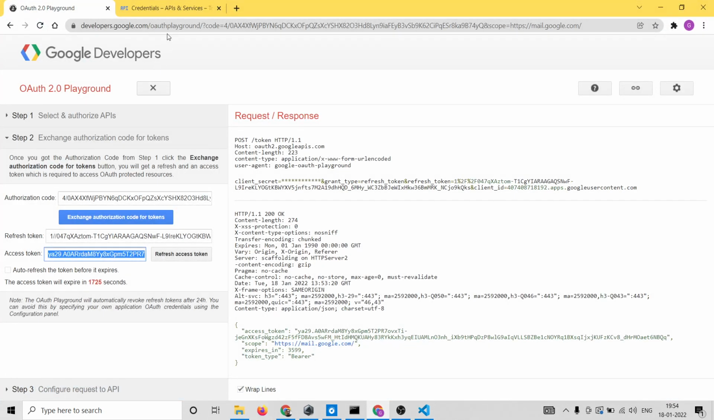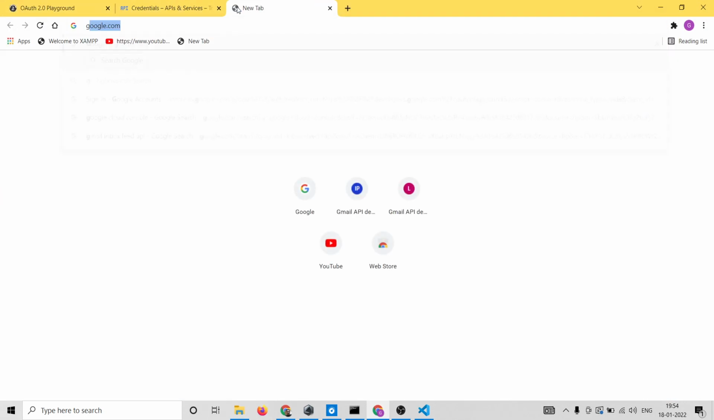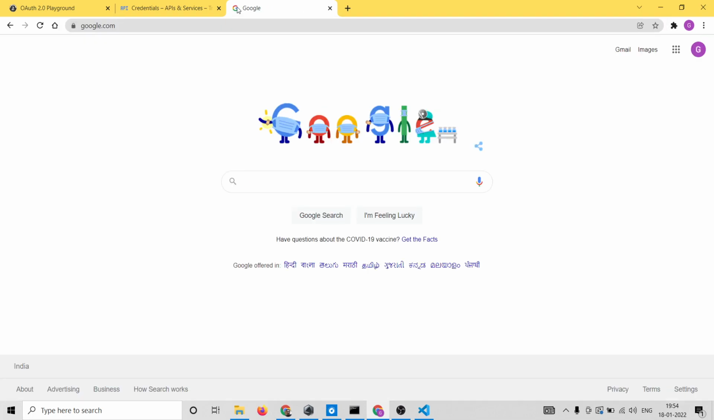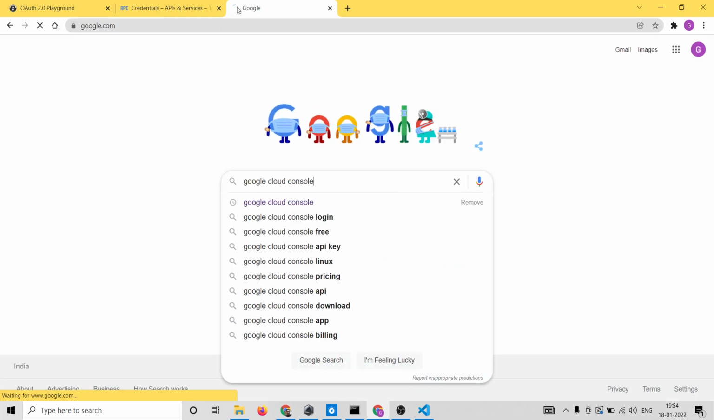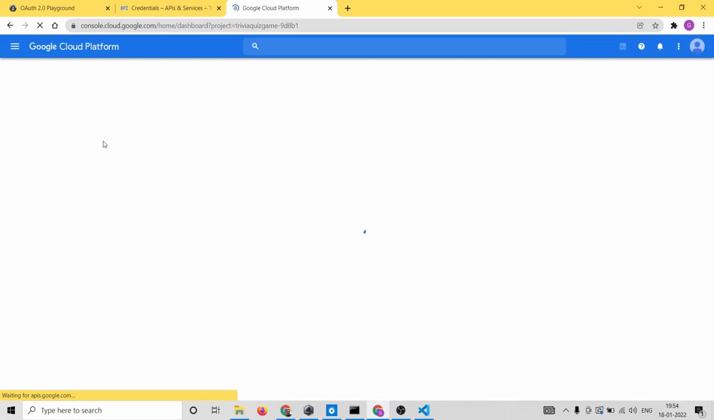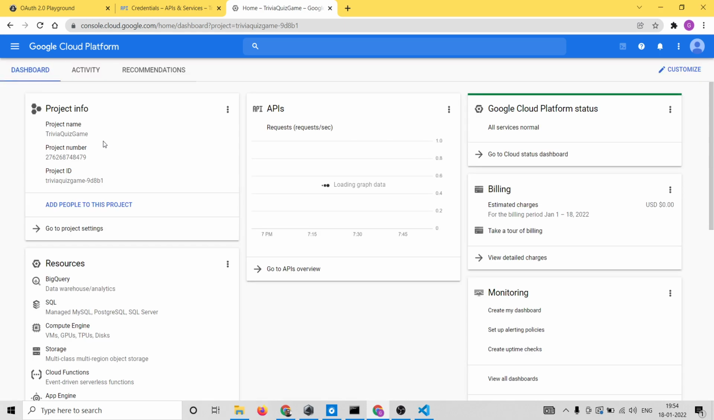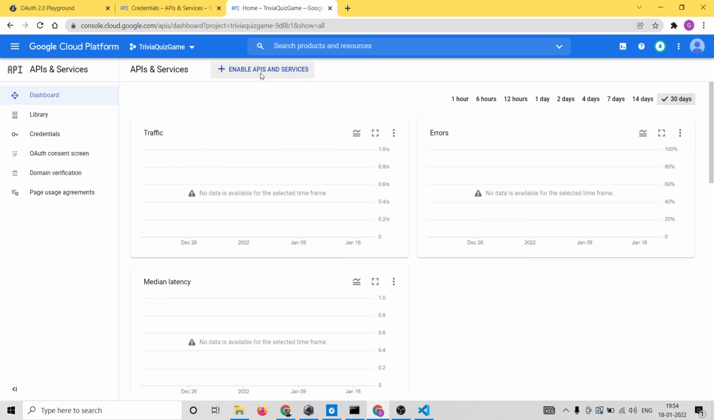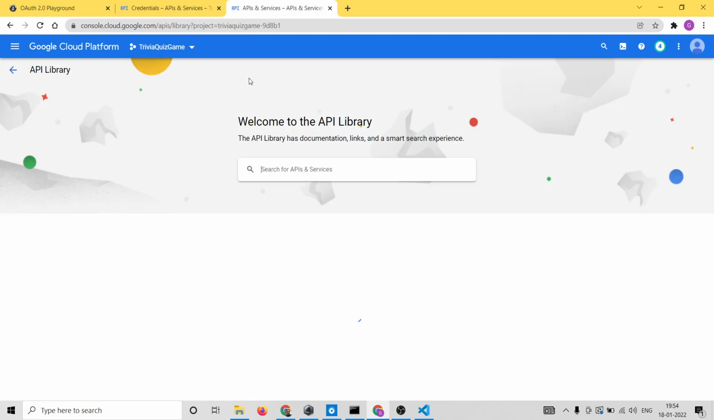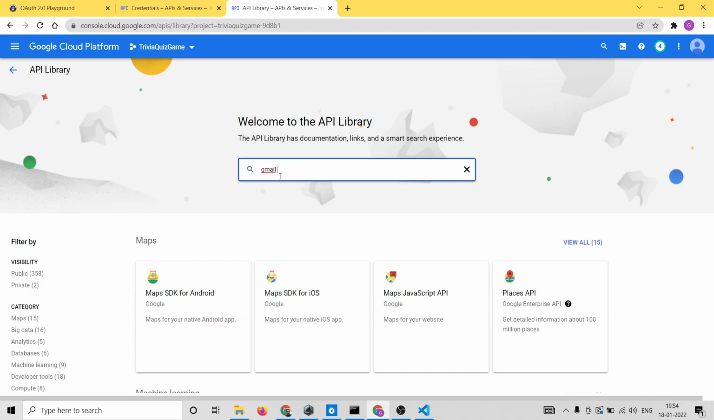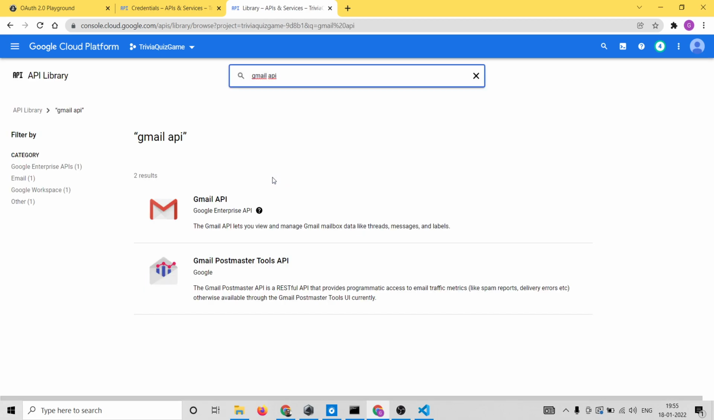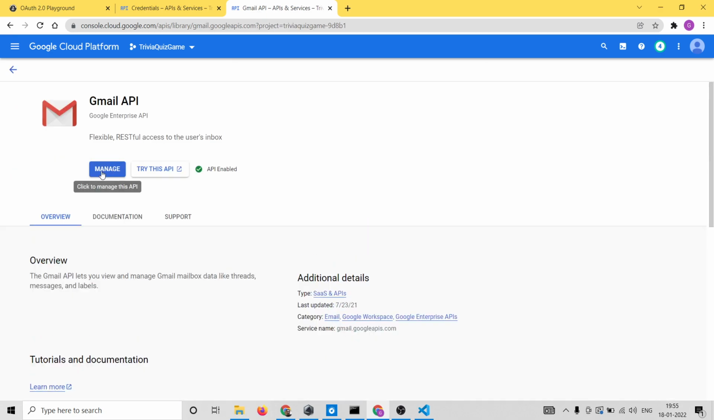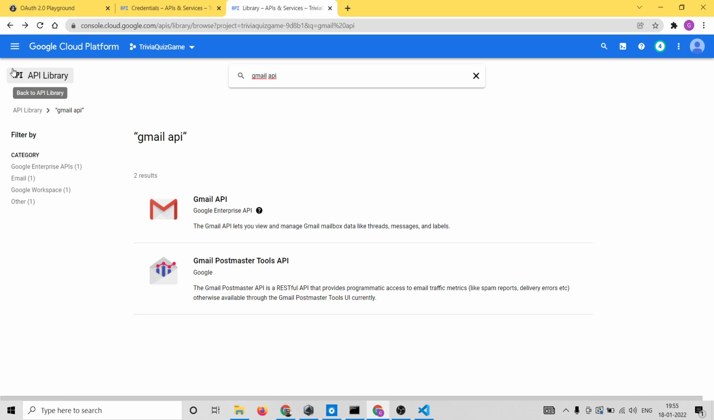So just go to Google, and here you will need the Google Cloud Console account. I have already signed up and verified the details. If you go to this Google Cloud Console, the very first thing you need to do is go to APIs, and you need to enable the Gmail API. Click on enable API services, search for the Gmail API, and enable it. I have already enabled this,